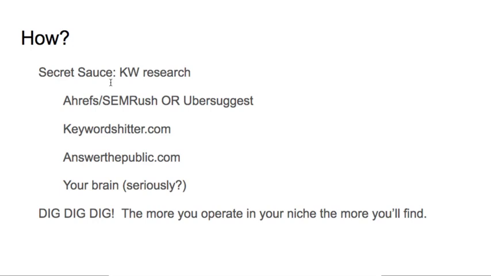But anyways, aside from the keyword difficulty score, there are ways to figure out how low competition a keyword is. Type it into Google, take a look, see what's ranking. The best ones are the ones that are ranking when the keyword's not even in the title, not even close. That means there's literally a vacuum there, and you just have to publish something, and it's going to go right to the top. You've got to love that. That's not going to happen a whole lot. But when you find those, good.